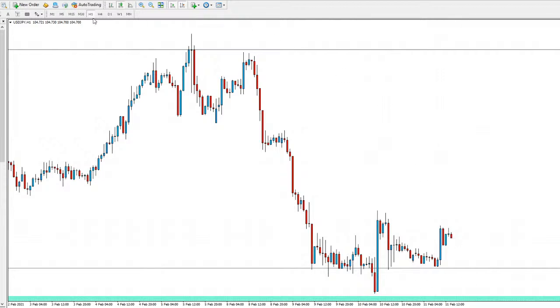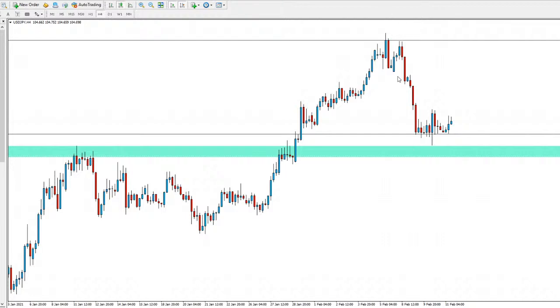But again, breaking through that support could take us a lot lower, and we'd see this overall bearish push just continue, and that would just be some sideways movement for price to continue to the downside. So both possibilities could happen here, but so far price is moving sideways, so it's up to price which way it wants to break.